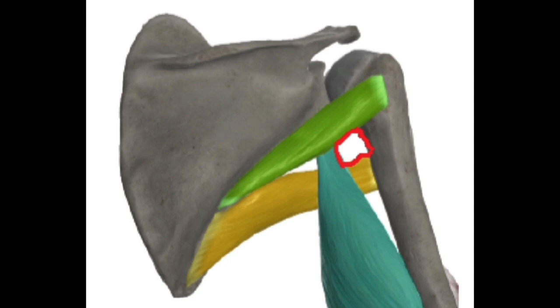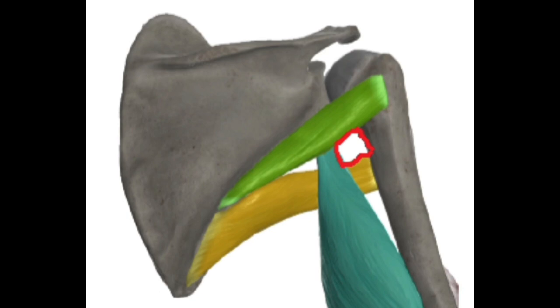The quadrangular intermuscular space is a space which is found at the back of the body. The space is formed by three muscles and the humerus. The three muscles involved are the teres minor muscle, the teres major muscle, and the lateral border of the long head of triceps brachii. This is the quadrangular space. The light green color muscle is the teres minor muscle. The yellow color muscle is the teres major muscle, whereas this bluish color muscle is the long head of triceps brachii